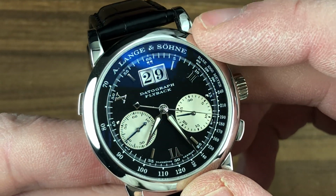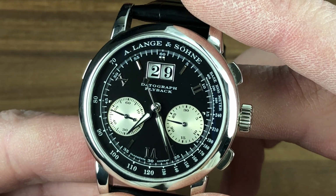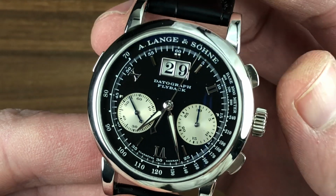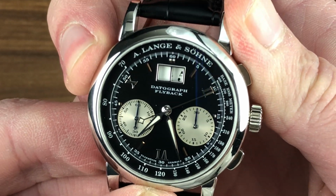That is a tachometer, and you can see its base is 1,000 meters, so in conjunction with the chronograph seconds hand, you can gauge the speed of, say, a car over a standing or flying kilometer. It is a flyback chronograph, so reset and restart with one push of the trigger down at 4 o'clock, and the watch features a wonderful pusher adjuster for the date that's as crisp and satisfying as the column wheel for